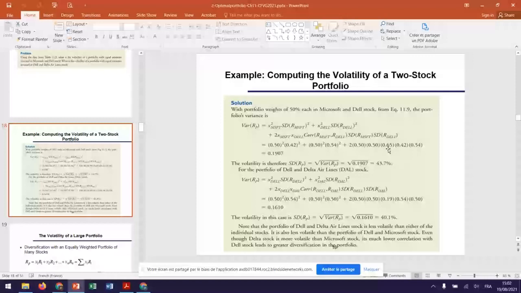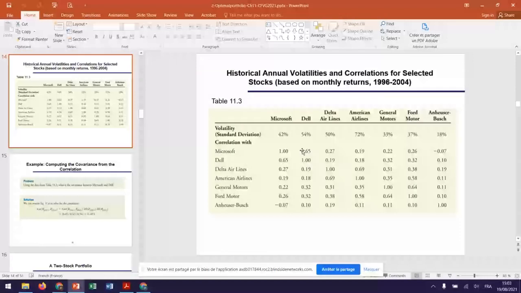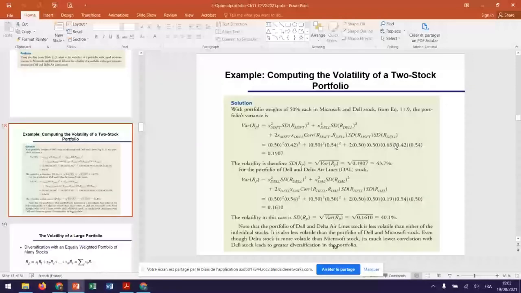The correlation we can see here is 0.65, multiplied by each standard deviation. The standard deviation volatility of Microsoft is 42%, and Dell is 0.54. After calculation, I have the variance of my portfolio equal to